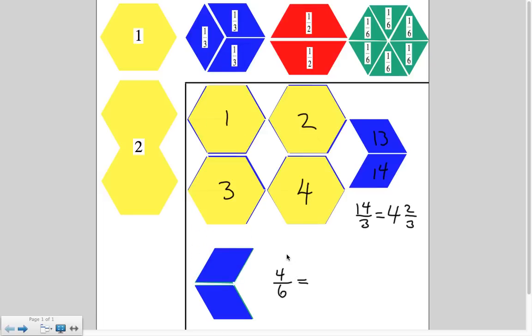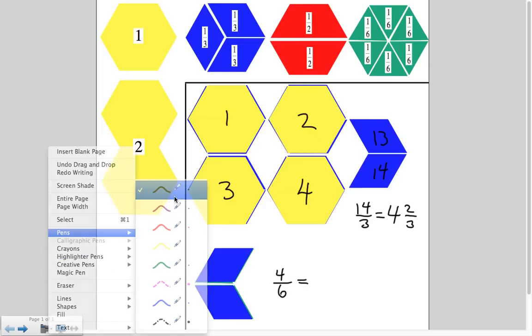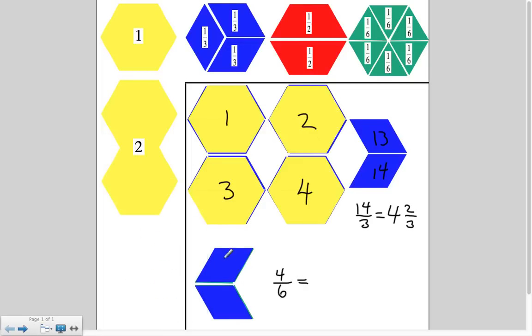And so you can see how the 4/6 becomes 2/3, because we got half of the number of parts and the 6 became thirds,